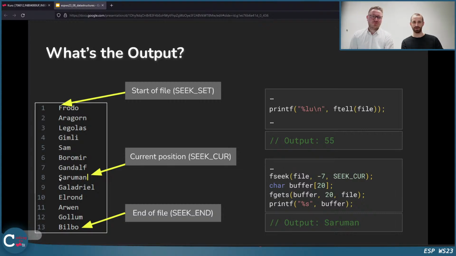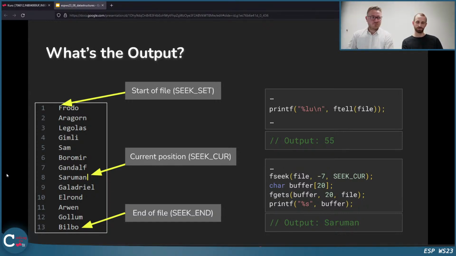So I go to the start of the current line. Of course, I could also count how many characters the current line is, and then just jump back. Or if I want to jump back to the beginning, I could read where the previous new line was, and then go 1 forward, and then I'm also at the start of the next line. So there are endless possibilities here to read in a file.